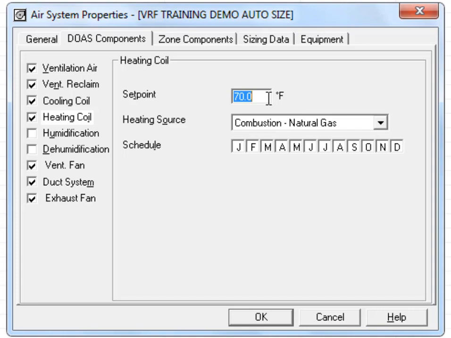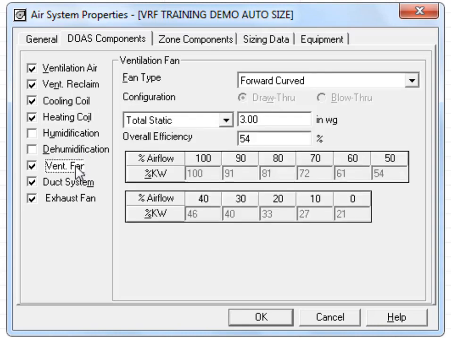for this project. So under Heating Coil, we will use a combustion natural gas heat exchanger of 81% efficiency, and that will be put in back at the Equipment tab, and we will say that we have a 70-degree discharge set point. We could equip this DOAS with humidification or dehumidification. That's a reheat coil, but we'll go right on to the vent fan, and we'll say that it has a